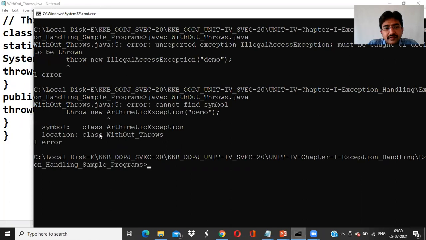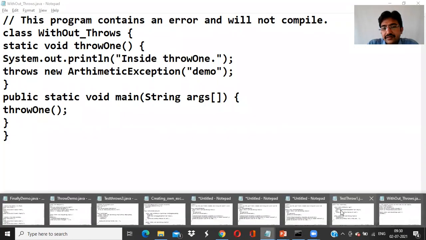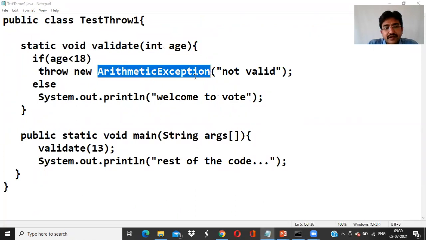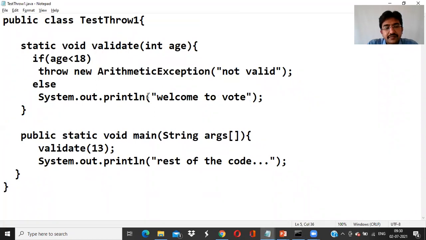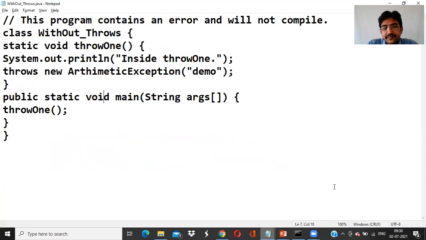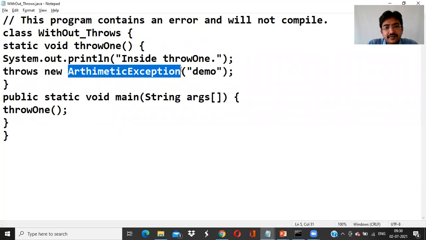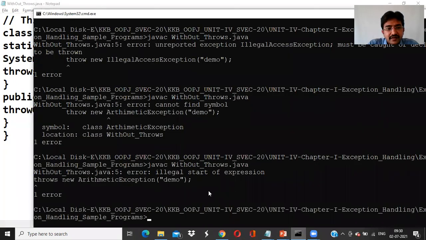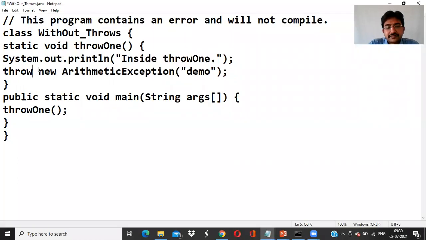Okay, fine, done. Here you can use the same. Shall we run? Yes.